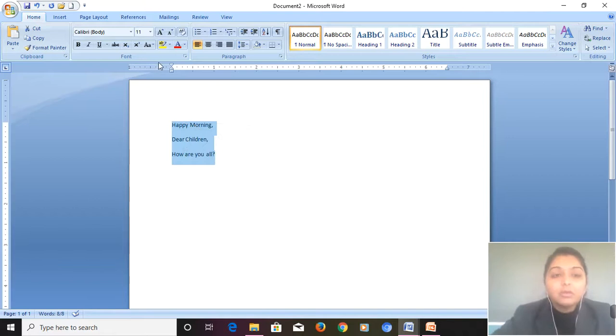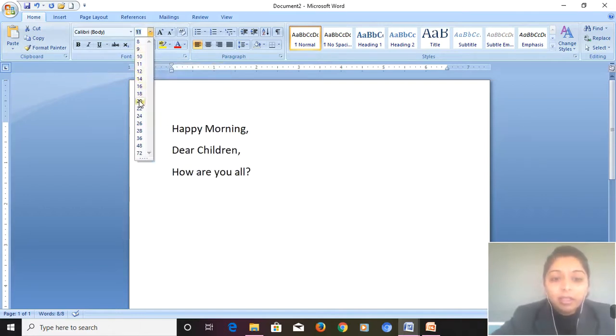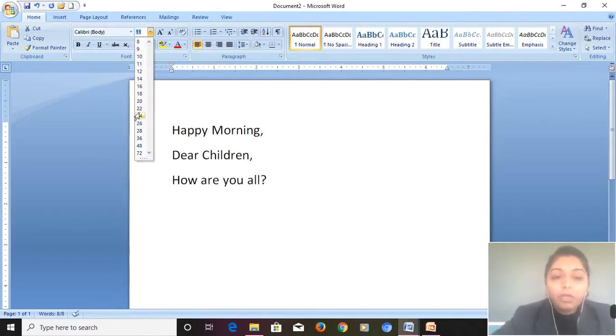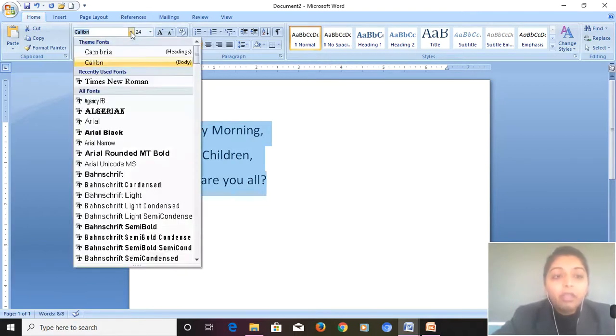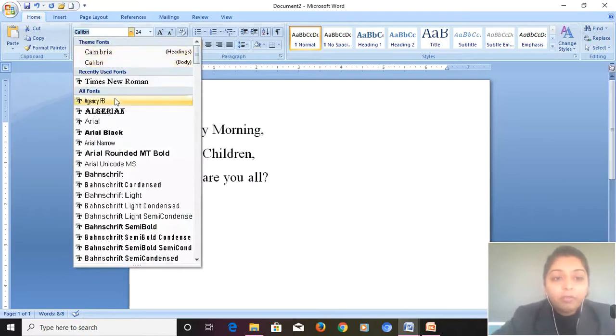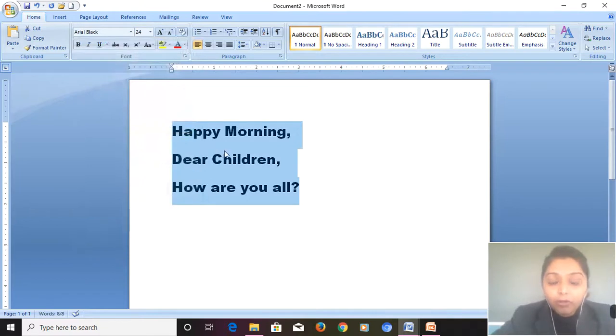Okay, so from here we can increase the font size. See, आपको 11 दिख रहा है यहाँ पे, हम यहाँ पे font size increase कर सकते हैं. Understood? We can make it to 20, 22, 24. Yes. Now, if we want to change the font style, okay, how we can change it? Here we are having different fonts. Okay. See, different fonts are given to us. You can see the Arial black also, है ना, बहुत सारे fonts हैं.